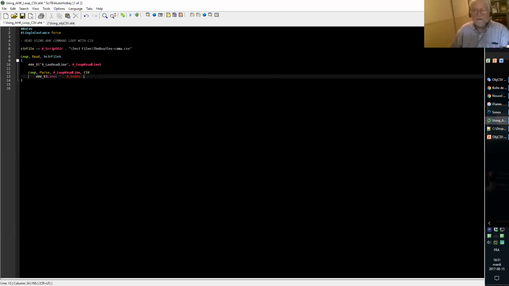So I'll insert here the number of the line and the number of the field. And there are some issues here, the space between the dot. And here I should not use an index. Okay.